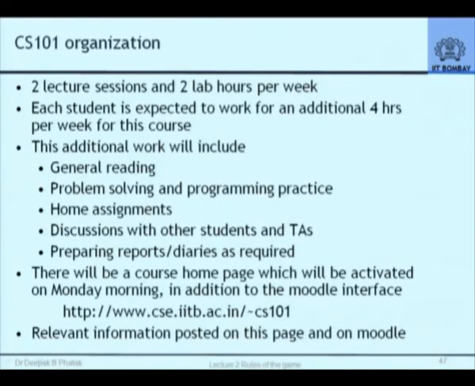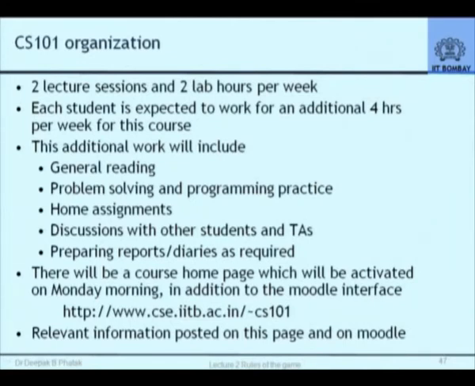Okay. So let me quickly conclude this because I have a written quiz that you have to finish and give it to me right now. This is not a quiz, this is a survey actually trying to collect information about you so that we can organize ourselves better. But this is how the CS 101 will run.